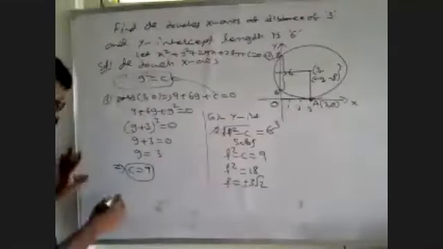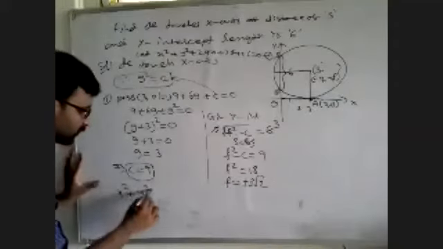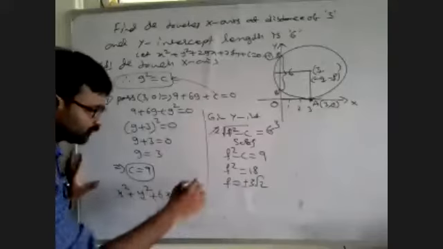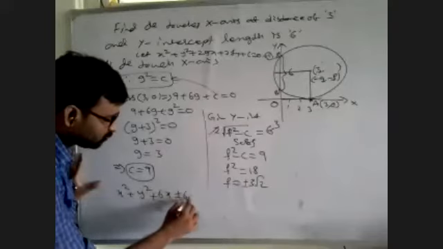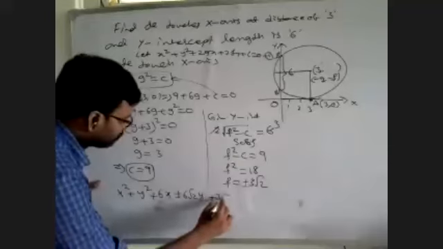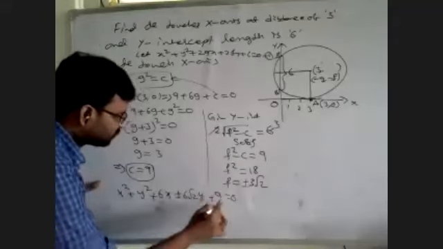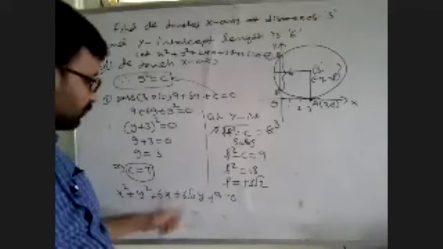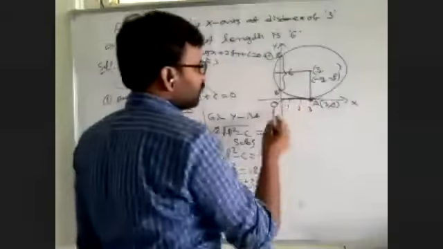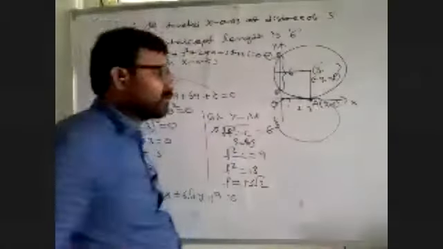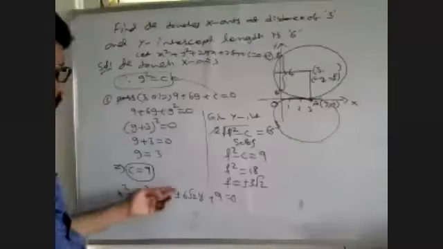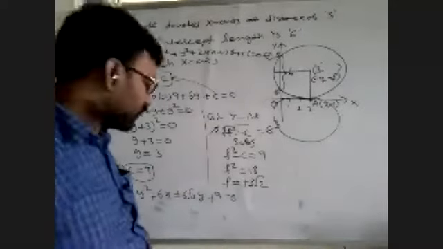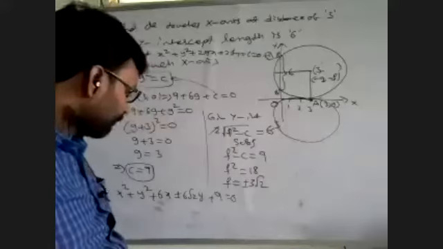So what is the circle equation? x square plus y square plus 2gx, 2 times 3 is 6x, plus 2fy, that is plus or minus 6 root 2 y, and c, plus 9 is equal to 0. C is 9, right? Why are we getting it like this? It means there may also exist a circle touching at (3, 0) the other way. That's why we are getting plus and minus, one equation with plus and one equation with minus. Here g is minus 3, sir.